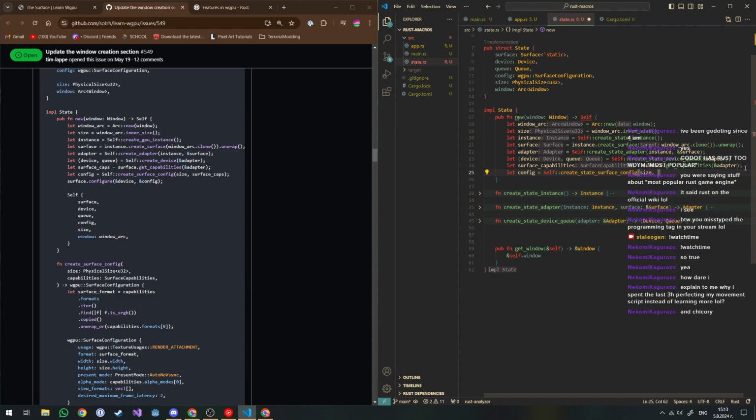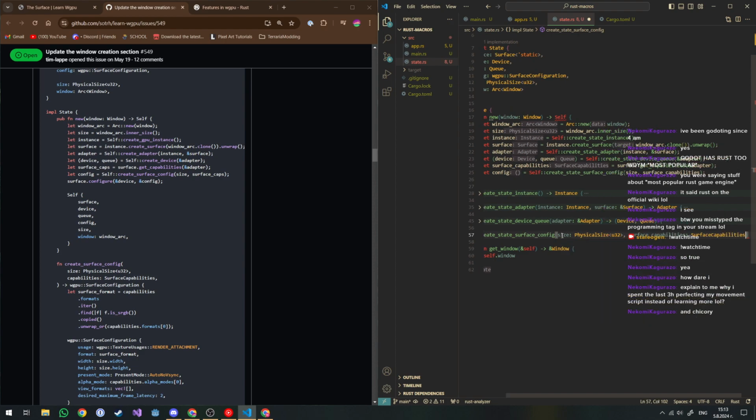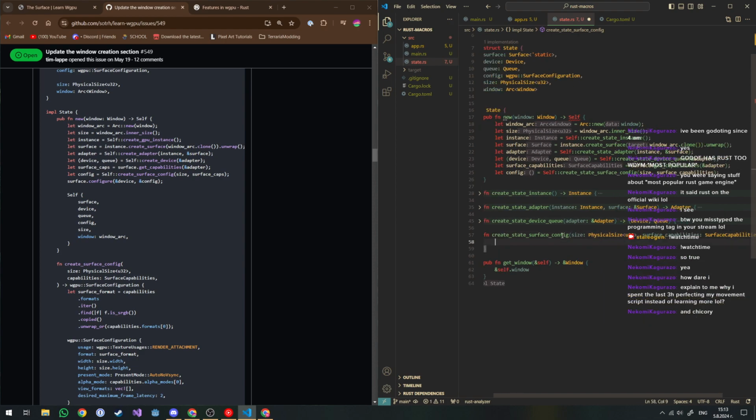So we pass in our size and surface capabilities, and using that, let's create this. It gets size as physical size of type u32 and surface capabilities as surface capabilities. Yeah. So in here,